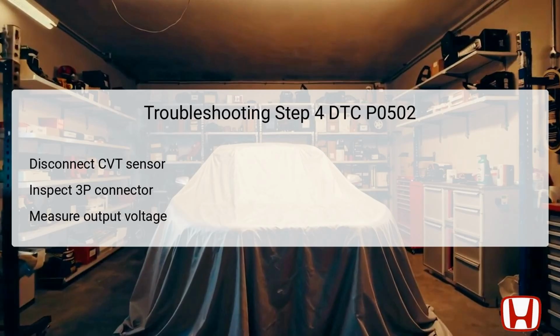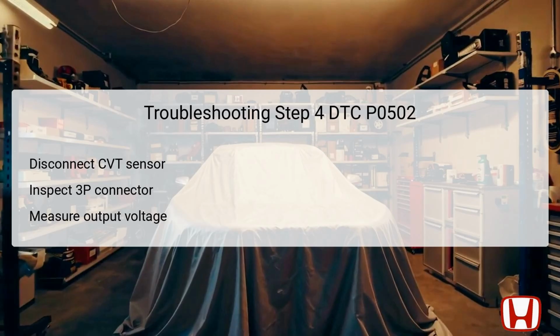Once the connector is verified, the next action is to measure the module output voltage under the ignition mode, IG, confirming that the sensor outputs approximately 5 volts consistently. This measurement is vital as a normal voltage reading indicates that the sensor is likely functioning correctly. However, if any abnormality is noted in the voltage output, it points toward a potential failure of the CVT speed